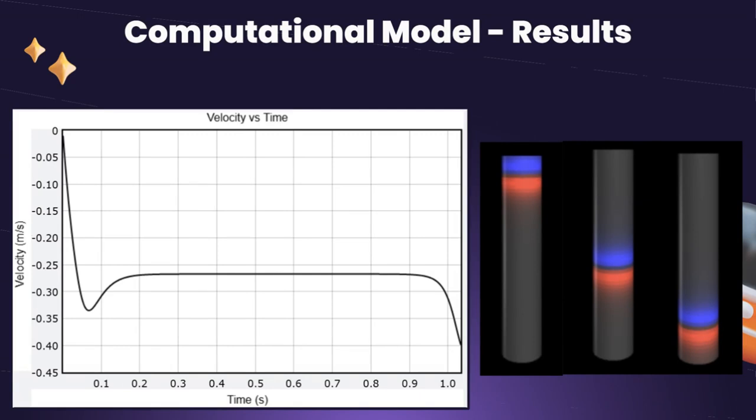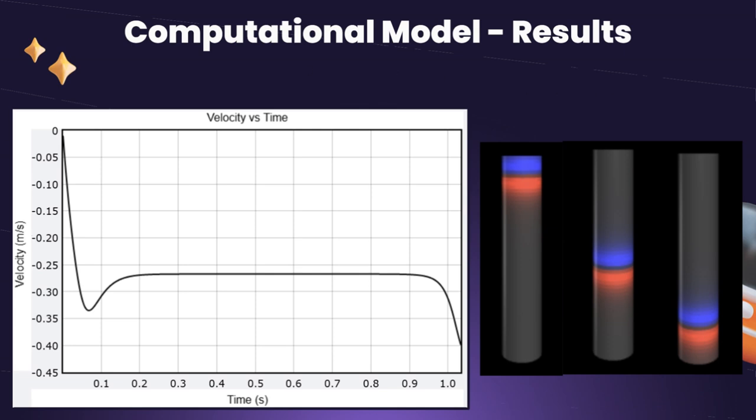As you can see in the graph, the time it took is just over 1 second. That's the 1.03 seconds that we found, and that's what the computational model gives us if we plug in the same initial constants that we had for the width of the aluminum foil, the length, the mass of our magnet, and its specific